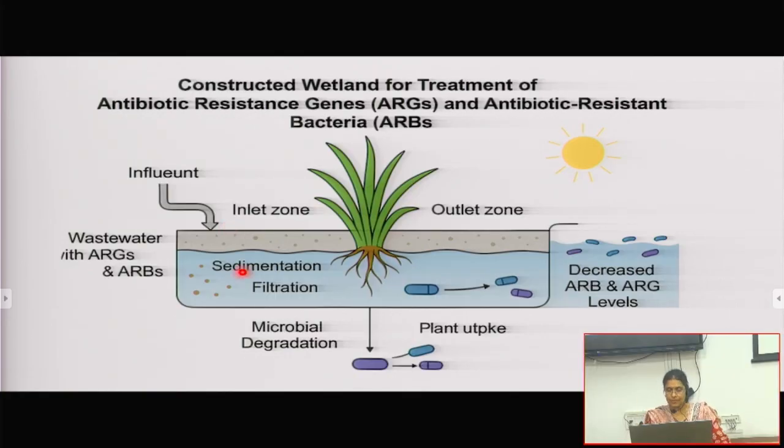As it percolates through this sand bed or soil bed, you could have removal by filtration, which mimics how separation happens in a natural filter. And when it is not a flowing system, in a natural constructed wetland, you can actually mimic it in the lab also. A deep tub you could take, and then you layer this, but the bottom layers will not have a lot of soil. It will be more aqueous. Here it behaves like a sedimentation tank. And this is the wastewater which has all this.